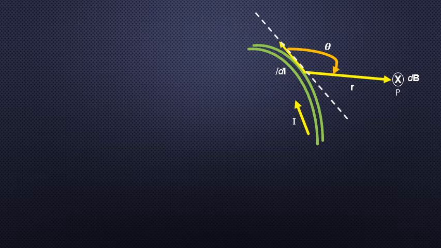So here this is our current carrying conductor in which current I is flowing, and we take a small current element given by IdL, which is a vector source, and we want to determine the magnetic field at point P. The magnetic field at this point is given by vector dB, and it is perpendicular to the plane containing both IdL and r, and hence it has been represented by a cross. Here theta is the angle between IdL and r, and the direction of vector IdL is the same as the direction of current in the conductor, which is shown by this arrow. So this is our diagram.